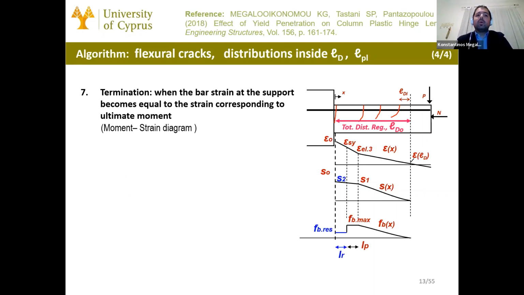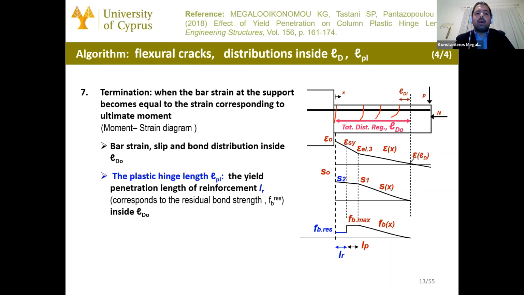So after this point, we calculate the distributions of strain, slip, and bond through the solution of the differential equation of bond. And we define the plastic hinge length, the hinge penetration length inside the shear span and in the